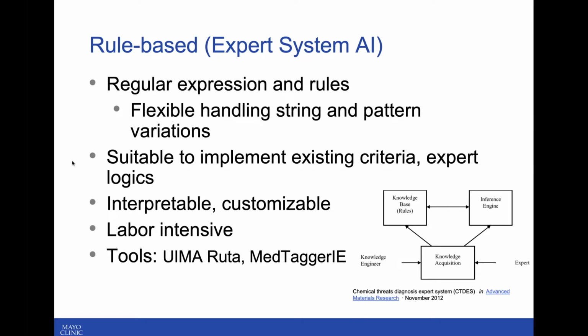One good advantage of this rule-based system is that it is interpretable. Meaning that for the outcome from this system, we know why the computer determined a certain outcome. That's based on the rule, so that's clear. And also it's flexible and customizable. If we want to customize some logic and decisions, we can do that.